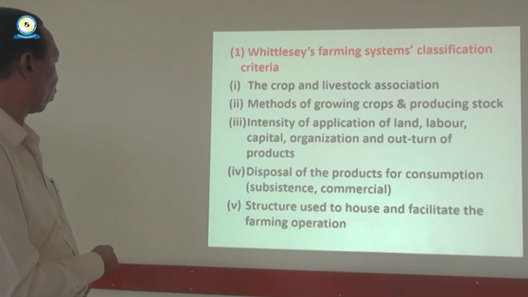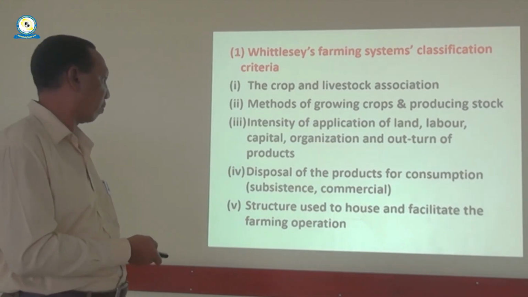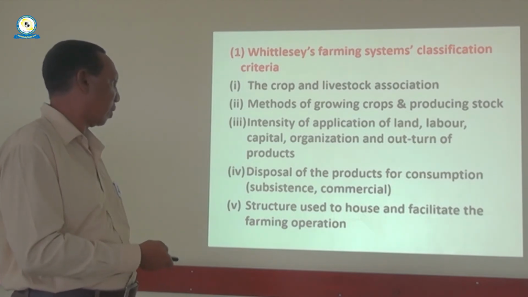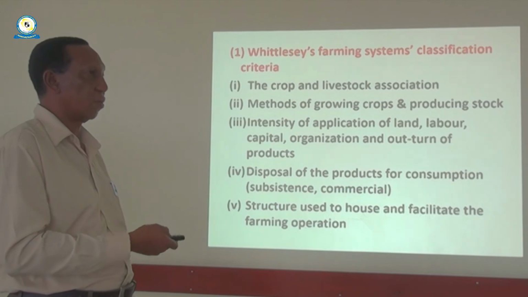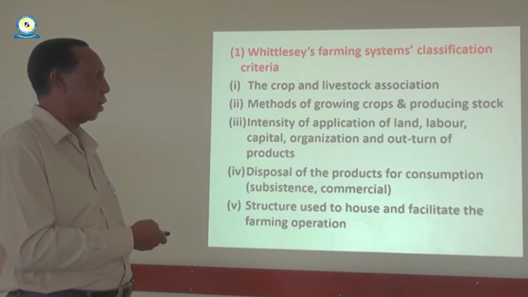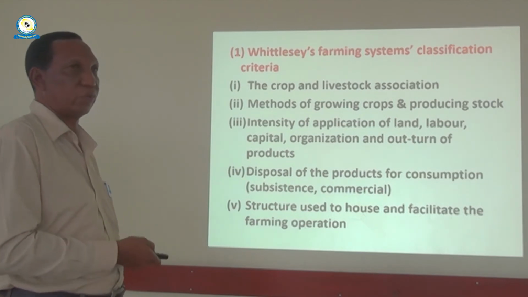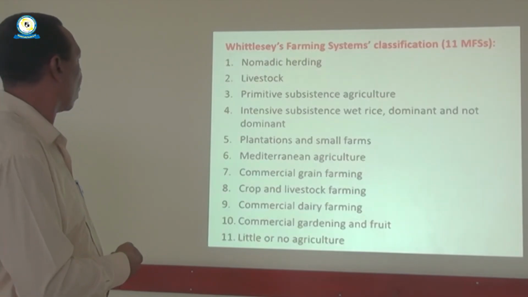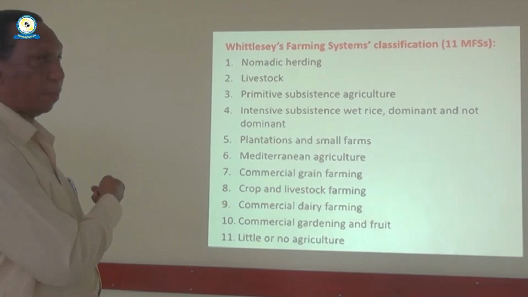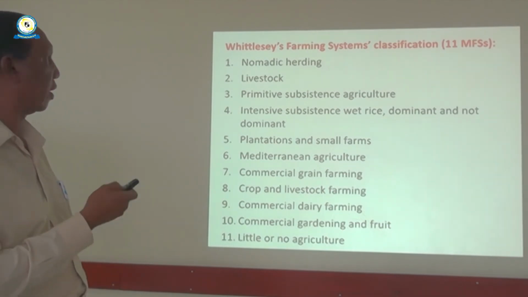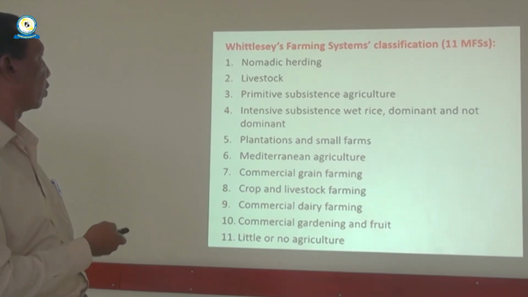And fifth, the structure used to house and facilitate the farming operation, where they are stored. We have seeds and so on for storage. These are the criteria which Whittle used. Now, it's upon those criteria which led Whittle to come out with 11 farming systems